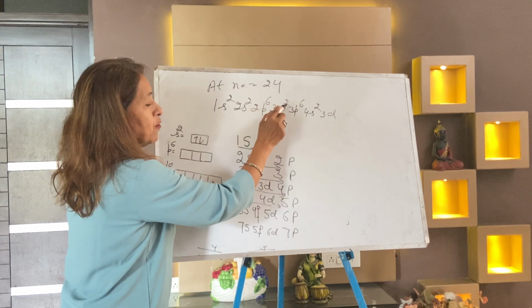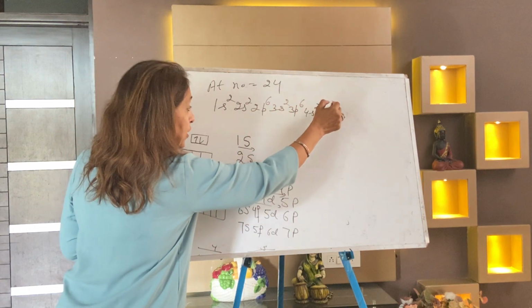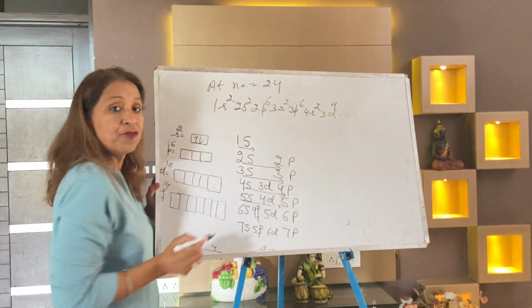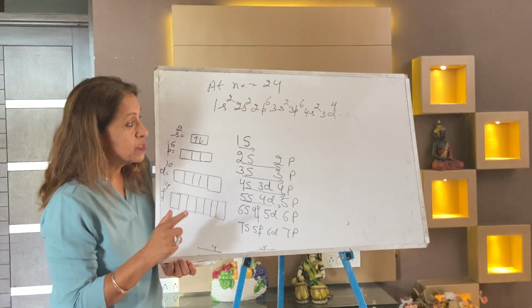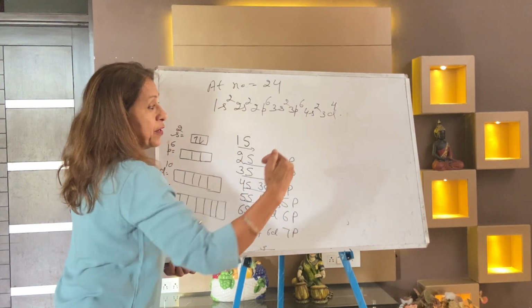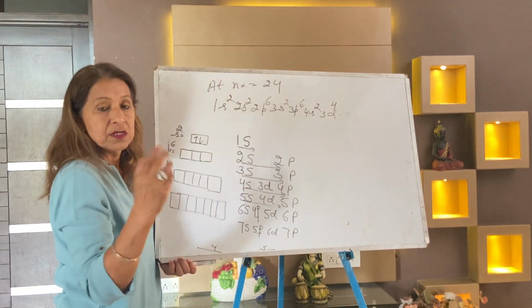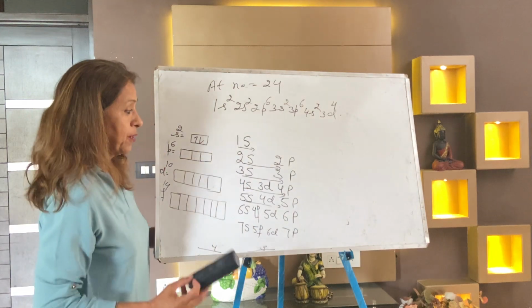2, 4, 10, 12, 6, 18, 18 to 20, 20 and plus 4. Answer is 3d4. This element belongs to D block, and the period is 4. You know why 4? Because D always lies one period behind. And the group is 6 because S block is in the front. That I will teach you in the periodic table chapter.